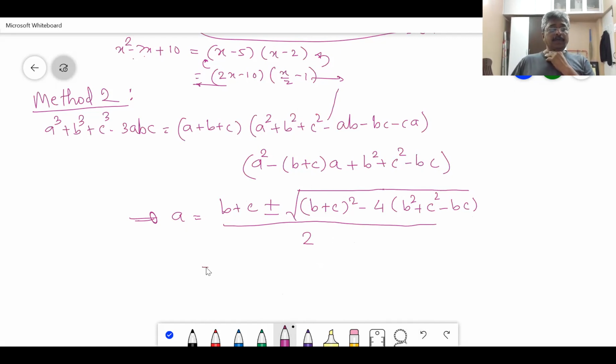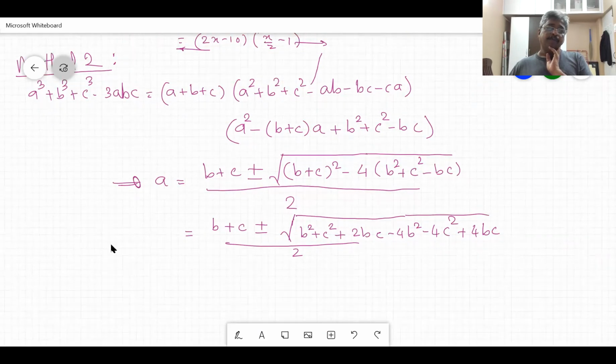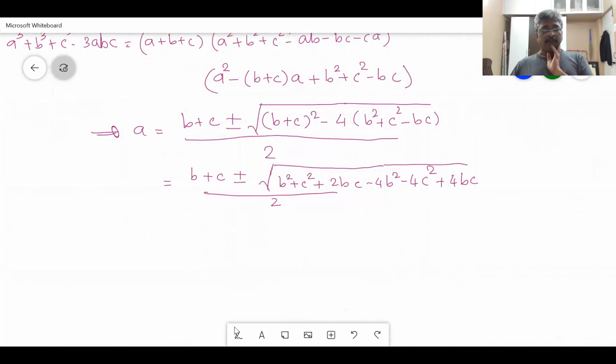Right? So now we have to really keep working on this. So b plus c plus or minus under root. Let us simplify what happens inside: b square plus c square plus 2bc minus 4b square minus 4c square plus 4bc, upon 2. Right? So this is equal to